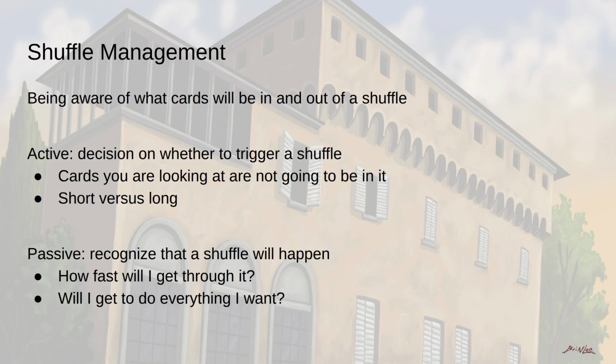For this quick concept, I'm going to talk about shuffle management, which I'm defining very broadly as being aware of what cards will be in and out of a shuffle that is created. And I think the way this is usually talked about is this kind of active measure, but I'm going broader than that. But to start with that, basically you have this decision on whether or not you're going to trigger